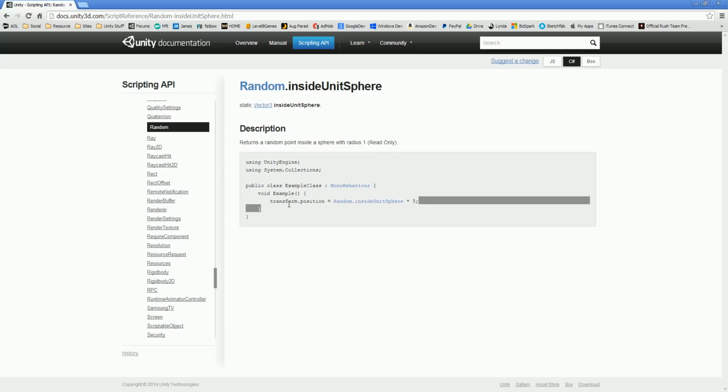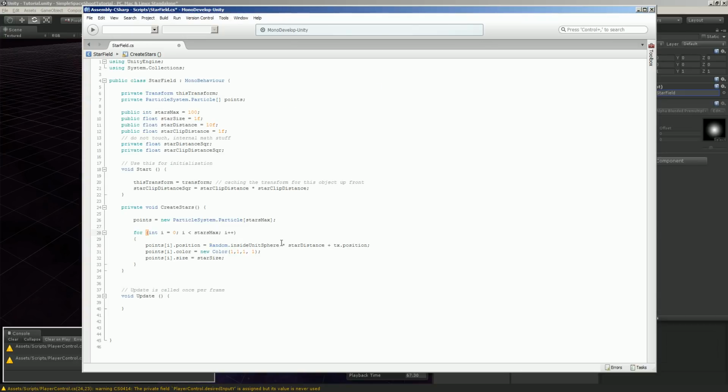A lot of people use this to spawn players and all kinds of different things. It's a default radius of 1, but you can multiply it and make that sphere radius bigger, like 5 times bigger. It just finds a random point inside. So we're saying the position is a random point inside this unit sphere